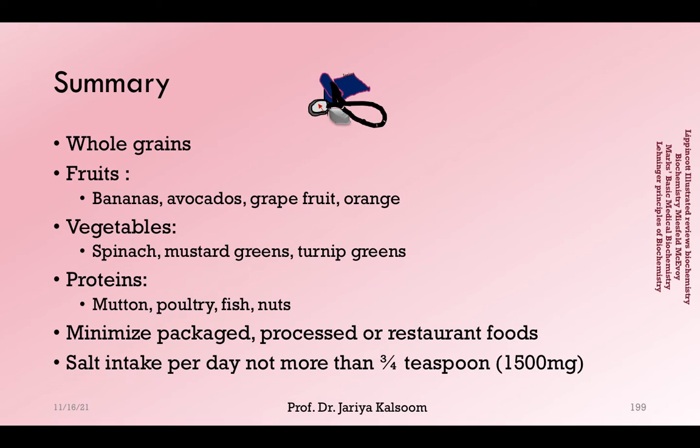To sum up, hypertensives need whole grains in their diet to fulfill magnesium demands. Sodium intake should be reduced. Preferred fruits and vegetables include those with high potassium content. Nuts should be included as protein sources because of magnesium content according to MyPlate recommendations for the dietary